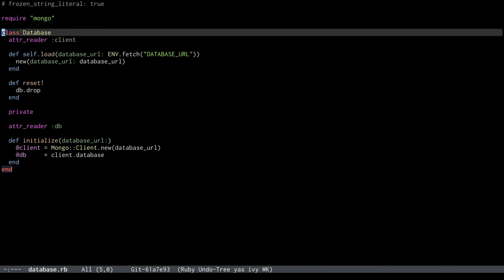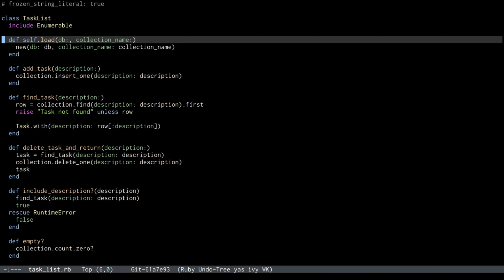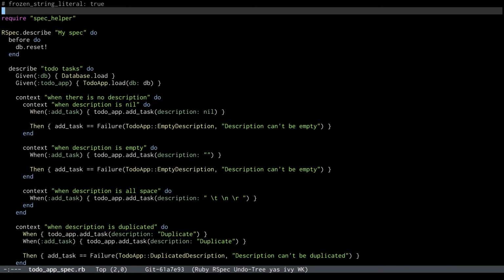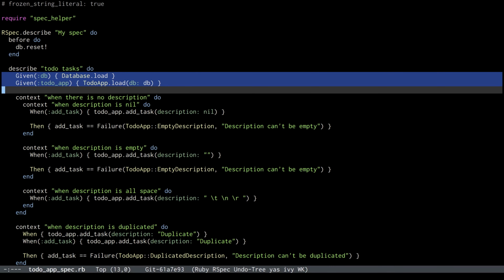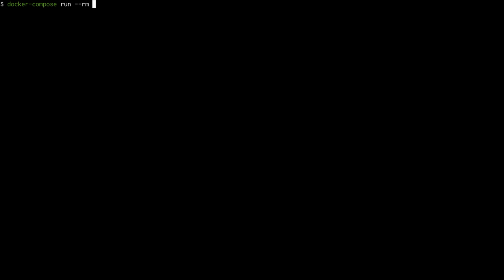For example, the main object, the to-do app, and the task list. Also, we need to instantiate it on the main Roda file and the specs. The same happens with the main to-do app object, which needs to be present in both places. Due to this, we need to control the creation and maintenance of the instances, which is something we don't want to take care of. Let's run all the specs I used to drive the design of this application to show